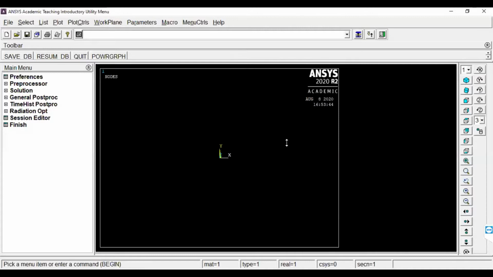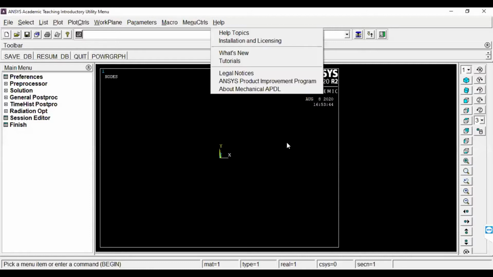If you use a thermal element to solve a structural problem, how will it deform? It won't deform. Even if we try to solve it, some fatal errors will occur. So we must understand which element is suitable for which problem. For that, what I am suggesting is to go through the element list, see what types of elements are available, and how effectively we can use those elements depending upon our problem.